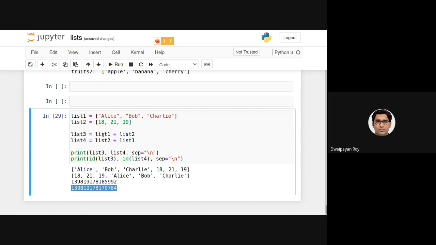So what is actually happening? This is creating a new list. But note that at this point, if I write only list 1 plus list 2, it is creating a list, but it is not storing the reference of this newly created list somewhere. It is just not keeping.